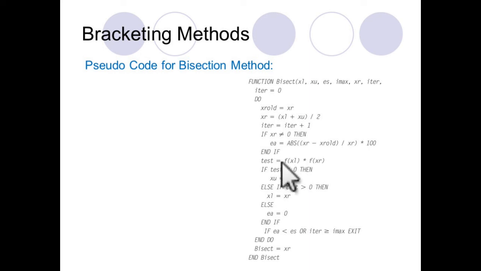That's okay. Then we create a dummy variable test. This test variable is nothing more than the multiplication of f of xl and f of xr. f is our function. If test is negative, the upper bound is equal to xr. If test is positive, the lower bound is xr,